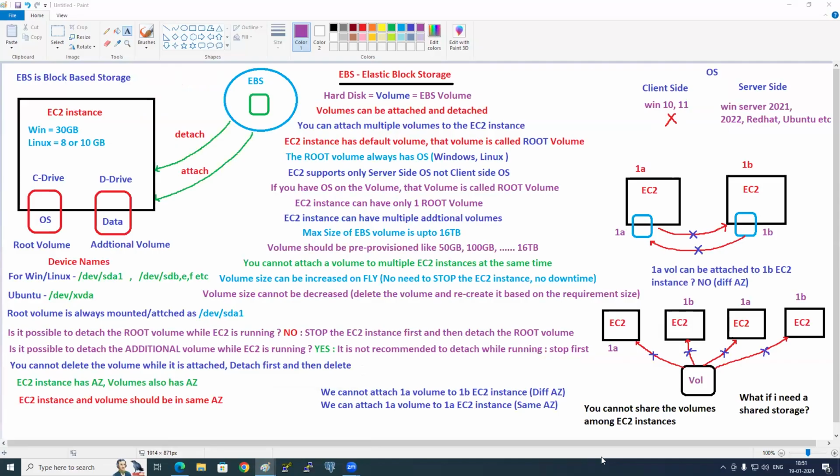I'll ask one question here, to see whether you can answer it or not. Let's say you have created 100 GB of volume, but you have used only 30 GB inside it. Will AWS charge for 100 GB or 30 GB? Let me see online. Again, some people say 30, some people say 100. What is your answer?